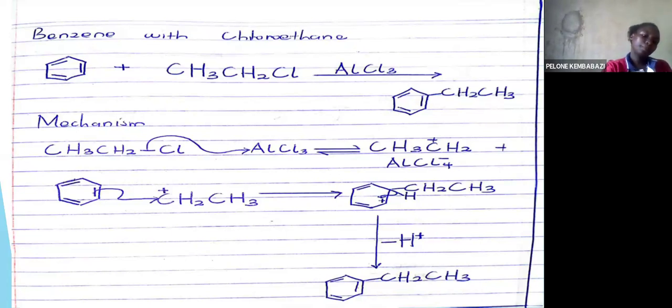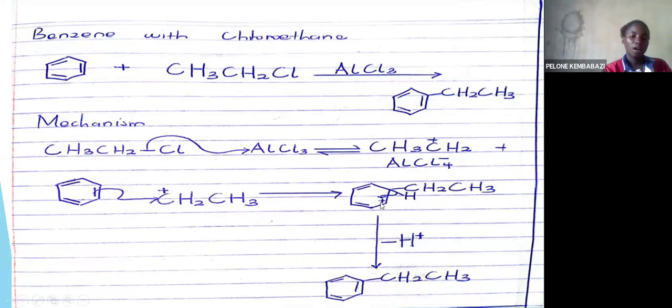You can see this double bond attacking a carbocation, which is CH2CH3, and because this is electrophilic substitution, this hydrogen is being removed or substituted. So we expose this hydrogen because we are replacing it with an ethyl group. When we remove the double bond which was in the benzene ring, this molecule remains,